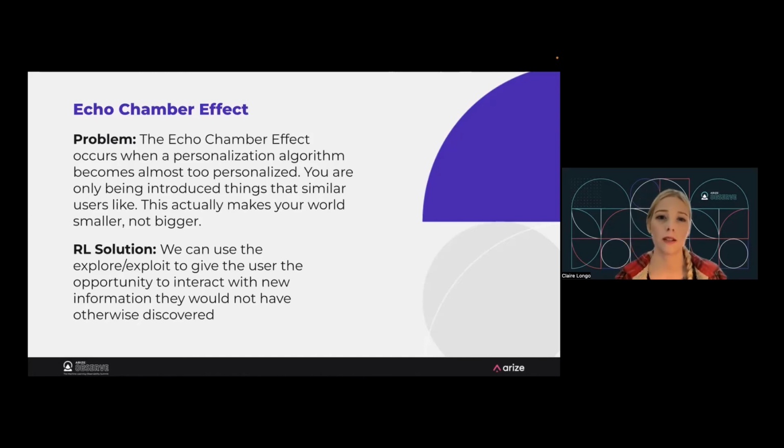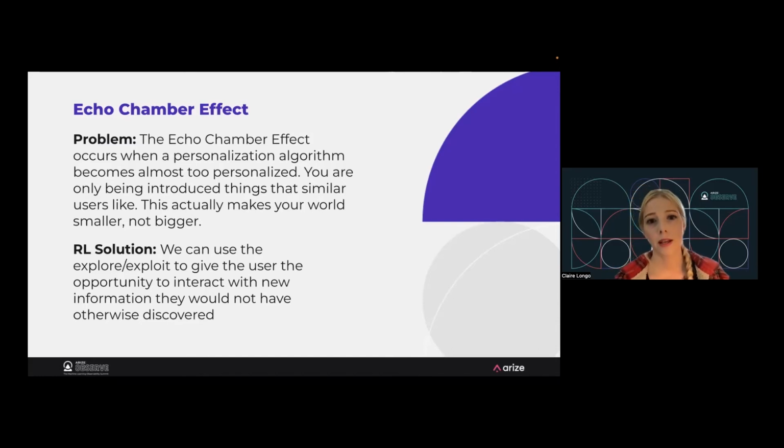Basically, this is when you're using those user-based algorithms that find users similar to yourself, group you in a cohort with them, and start making recommendations based on how those users are behaving. The impact of that is that although it can optimize some metrics we're looking to optimize, like clicks or opens or engagement, it can also start to make the user's world a little bit smaller instead of bigger. And I believe that personalization should really make our world bigger. It should be introducing us to new things that maybe we never would have discovered on our own or from our peers that we actually find out we love. And that's not always what you get with these kinds of algorithms.